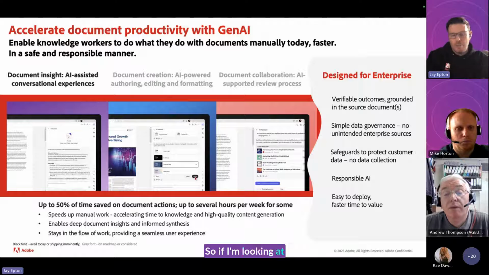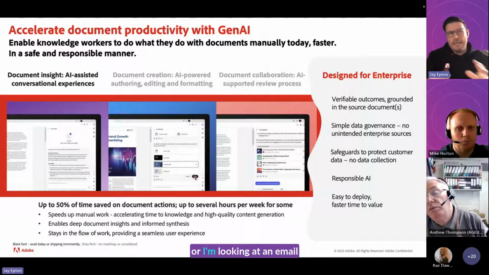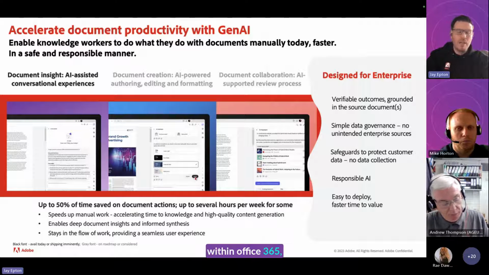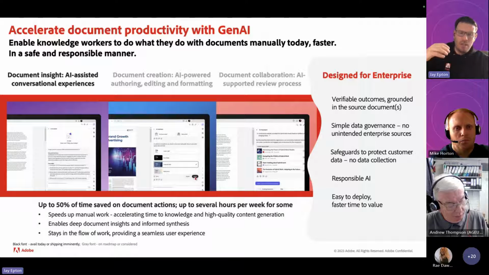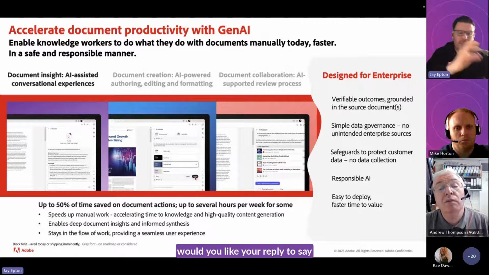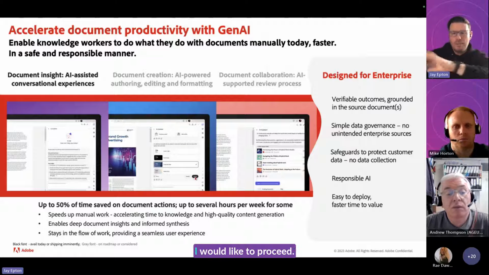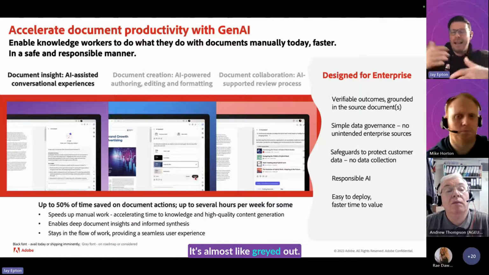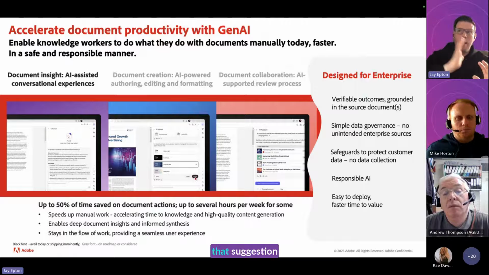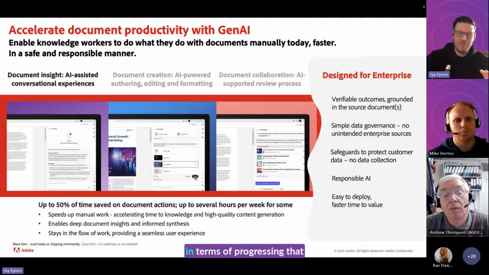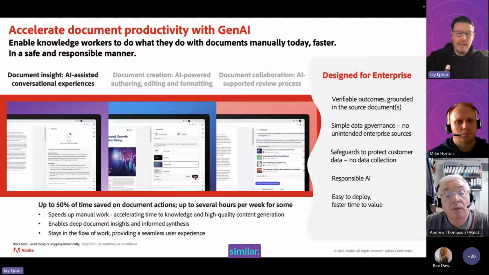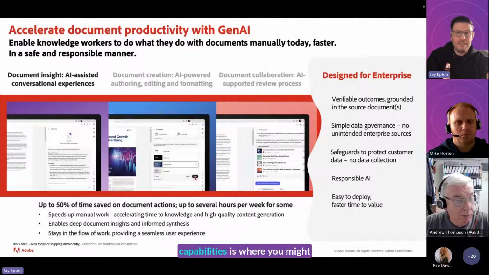So if I'm looking at an email within Office 365, the Copilot assistant will basically say, would you like your reply to say, thanks very much for the document, I would like to proceed. It's almost like grayed out. It allows you to use that suggestion in terms of progressing that conversation or something similar. I suppose to all intents and purposes, that's what Gen AI is offering Adobe Acrobat and Adobe Sign capabilities,